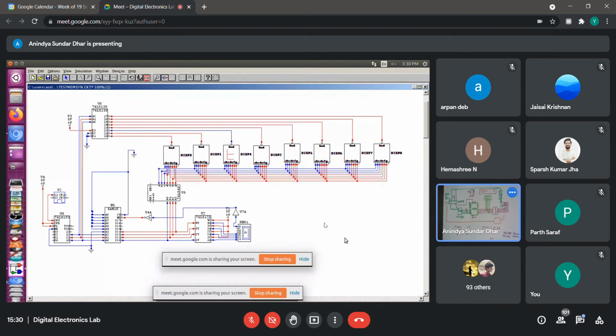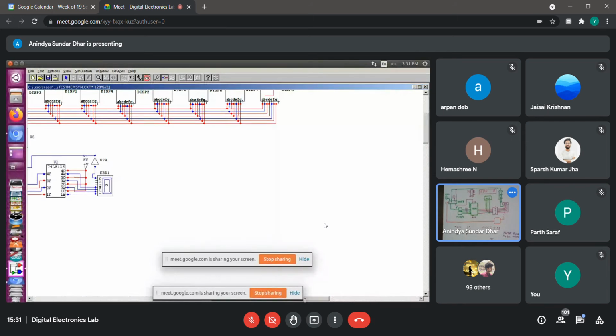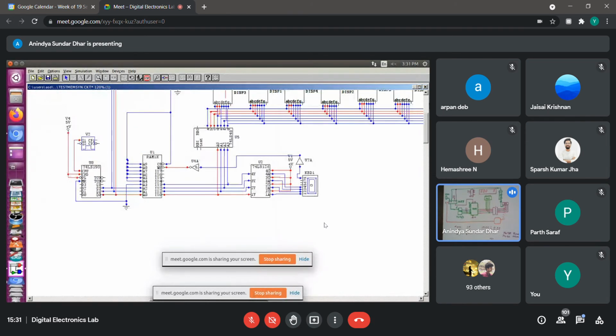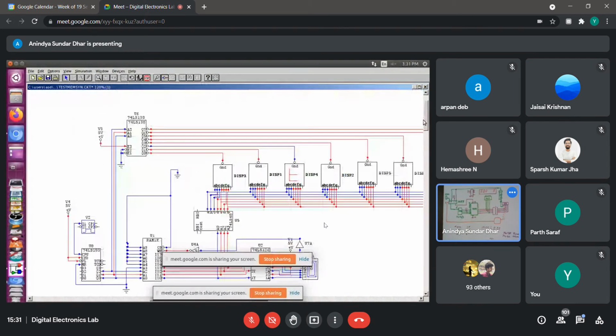Sir, here did you use common cathode display or common anode? Here I have used... if you look at the driver, then I think it will become apparent. So look at the driver IC. Can you read what it says? Yes, sir, it says CC, common cathode.